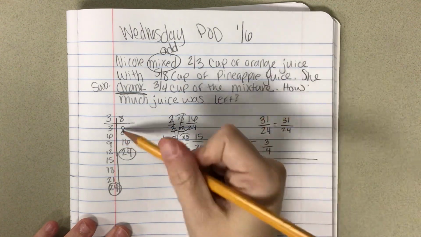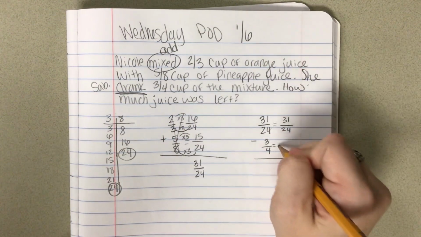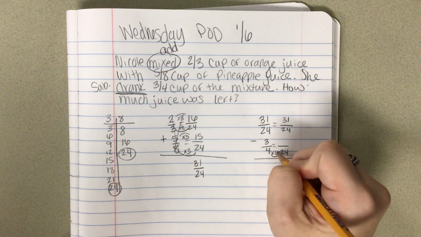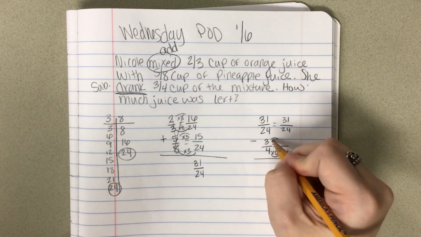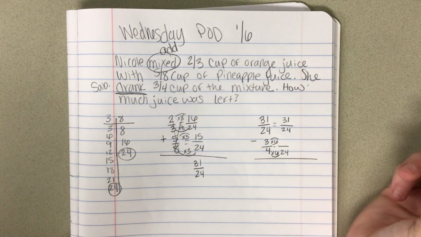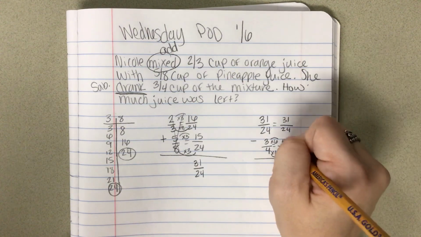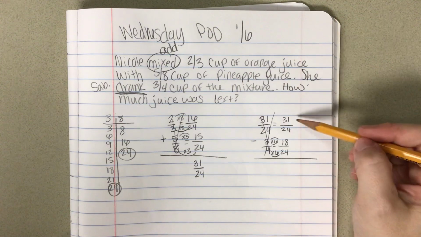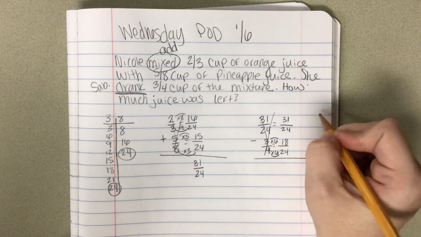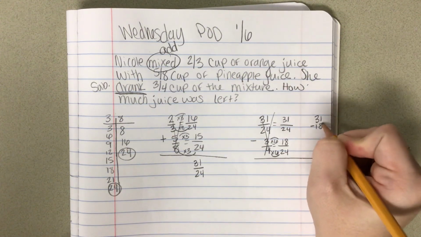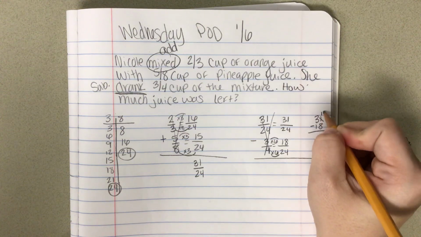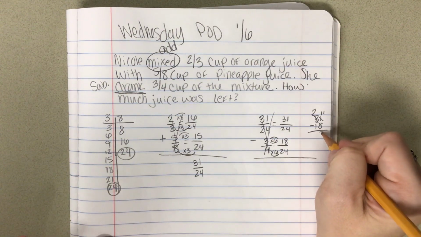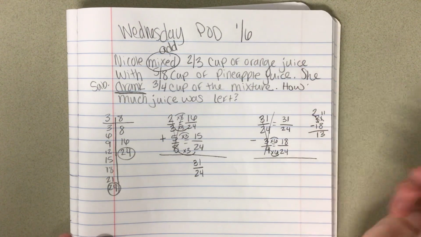And if you didn't know that, you could make another t-chart. And I'm going to make my denominator 24. So 4 times 6 gives me 24. So 3 times 6 is going to give me 18. And I'm going to ignore this side, and I'm subtracting. So I have 31 minus 18. If you need to come over to the side and rewrite it, do that. That is fine. It becomes an 11 and a 2. 8, 9, 10, 11 is 3. 2 minus 1 is 1. That is